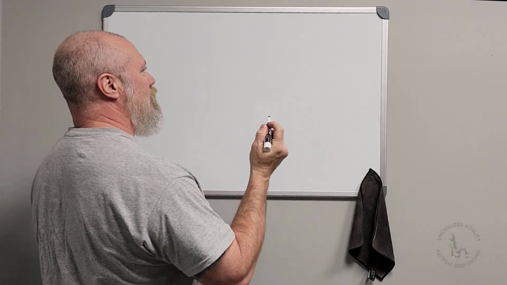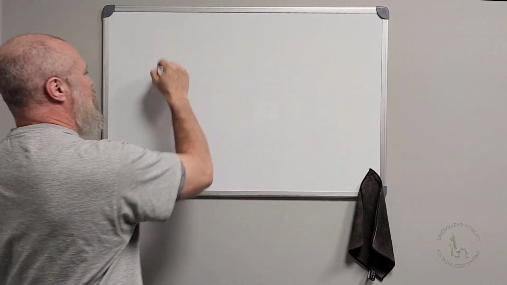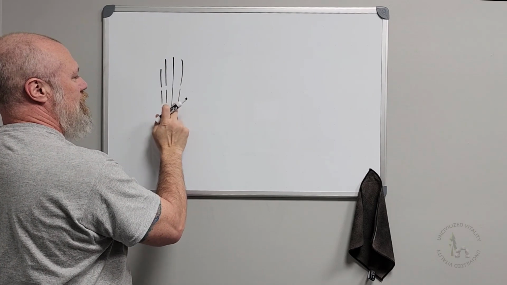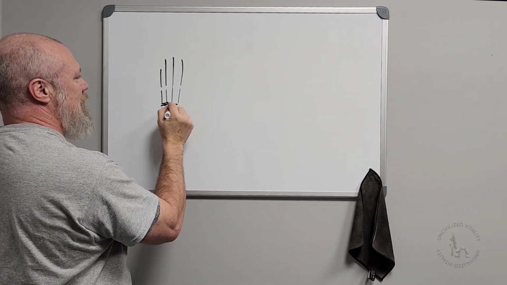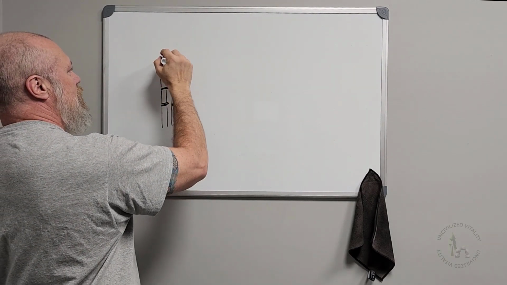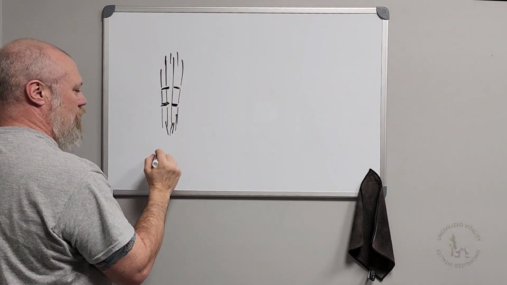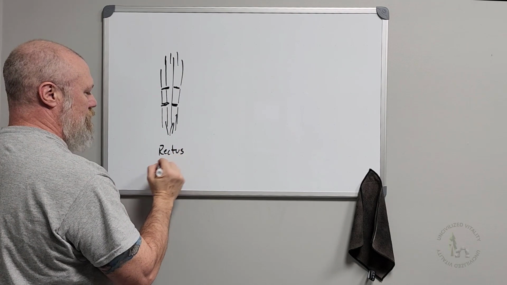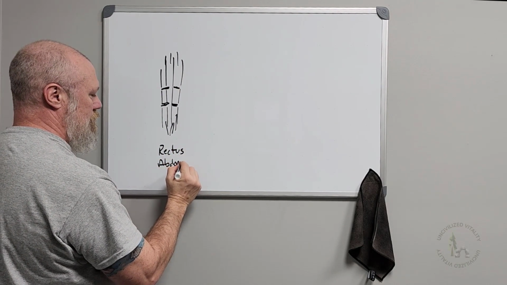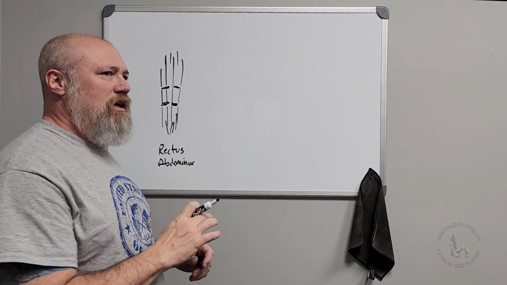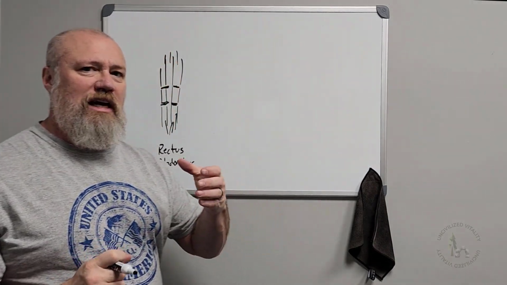You're going to have one that runs from the sternum and the ribs down to the pubic symphysis in a longitudinal fashion. The fibers are going to run like this, and they're broken up by these little intertendinous segments into a 6 or 8 pack, and you would call this muscle your rectus abdominis. The rectus abdominis is the most superficial. I'll do another video on the rectus sheath and the